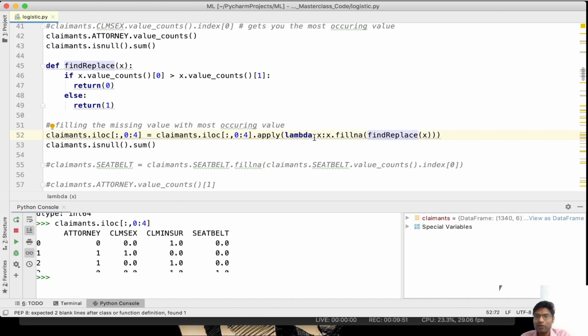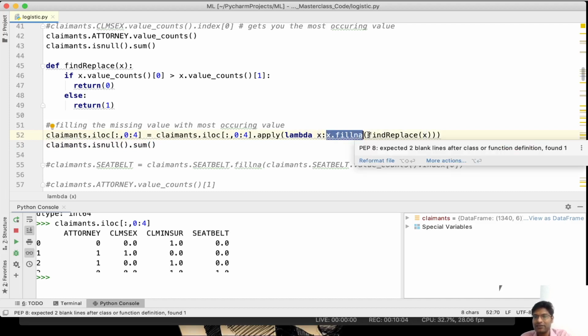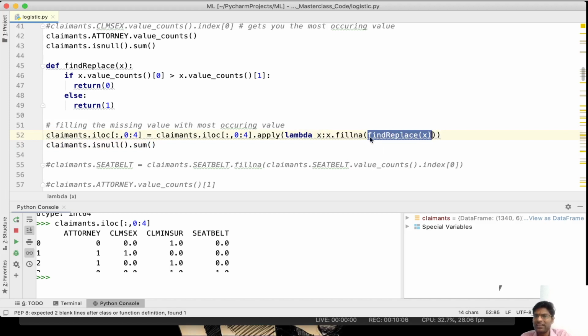In this case, I am going to accept x as one single column from the data frame and process that column in this manner. So x dot fillna, meaning in this particular column, if there are any NA, fill that NA using this function. We can even hard code a value here, or I am calling a function here and then getting a return value and filling it in this place. So fillna of 0 means 0 will be filled in these empty locations. Fillna of 1 means 1 will be filled in these empty locations.